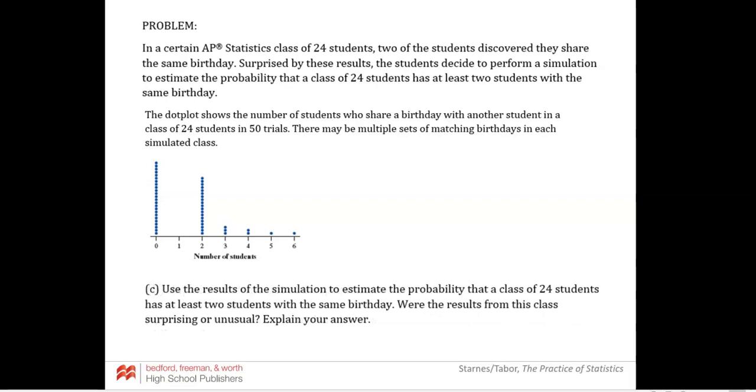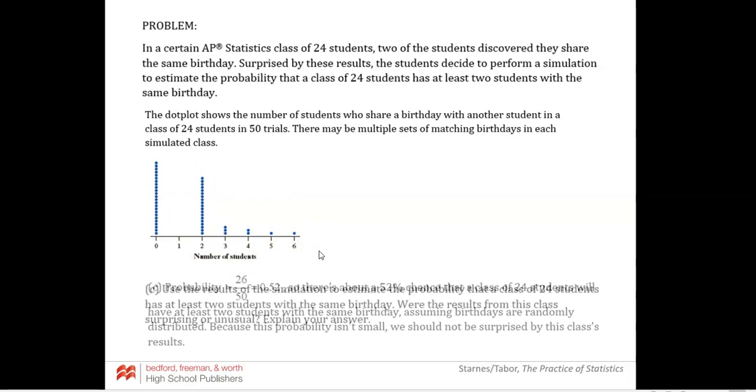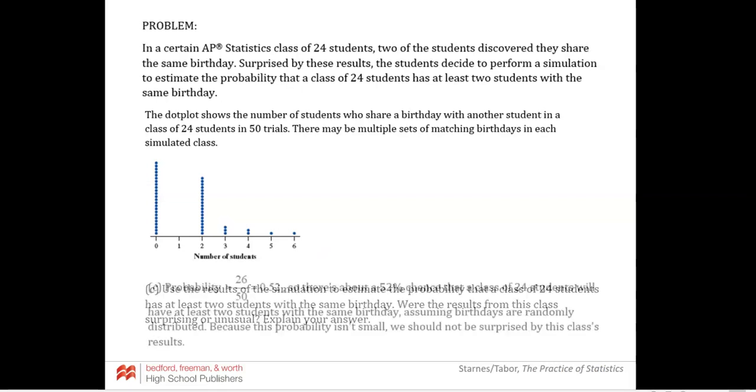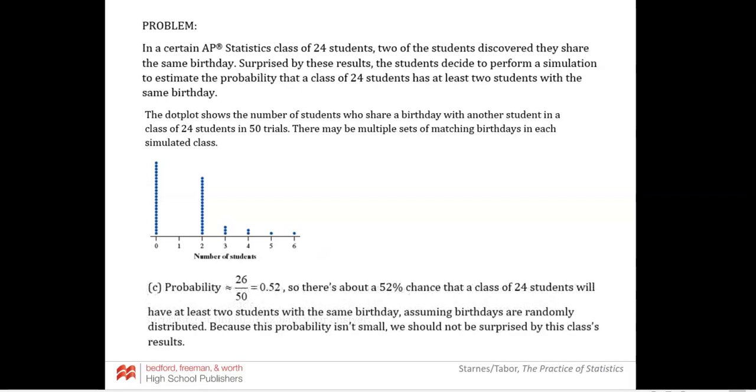Good. Use the results of the simulation to estimate the probability that a class of 24 students has at least 2 students with the same birthday. So you would count the dots. You see all the dots in 2, all the dots in 3, 4, 5, and 6. Add those up. I'm going to let them do that for me. So they counted 26 out of 50. So 26 dots are 2 or more. So there's a 26 out of 50, or 52% chance